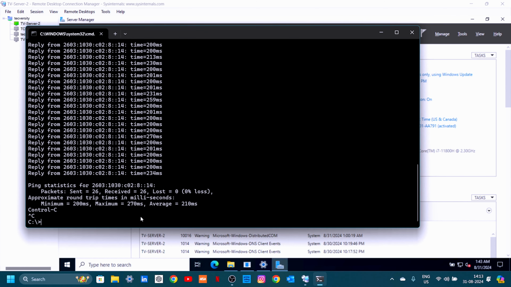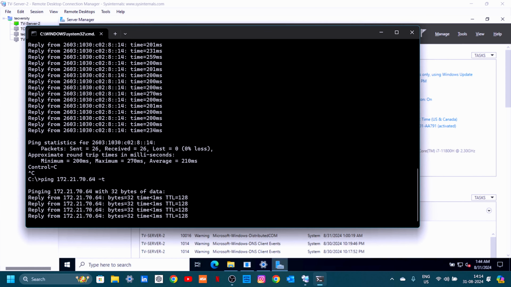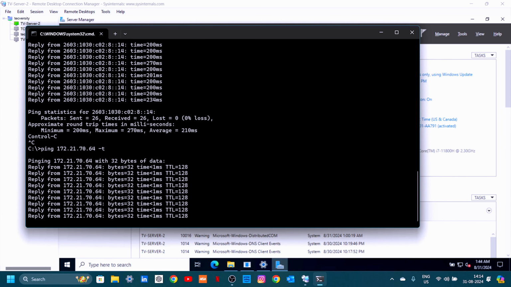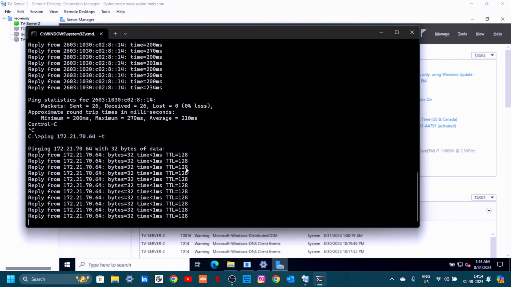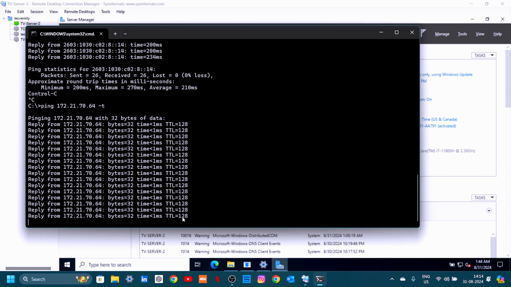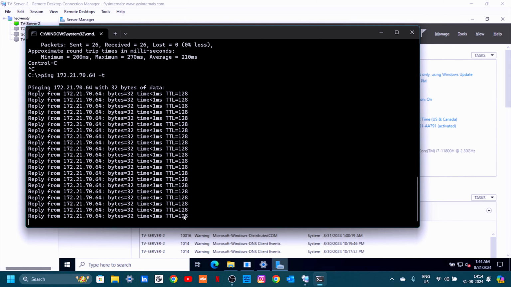Now I'll try to ping internally on my machine. I have given the IP address and -t. This is for my machine which is running a server on my host internally. So it also keeps sending the data. You can see it's continuously pinging and sending 32 bytes of data, and the average time it is taking is 128 milliseconds. Like I mentioned, that's the minimum. We cannot change it. Until I press Ctrl+C, it will not stop. Now let's do one thing.